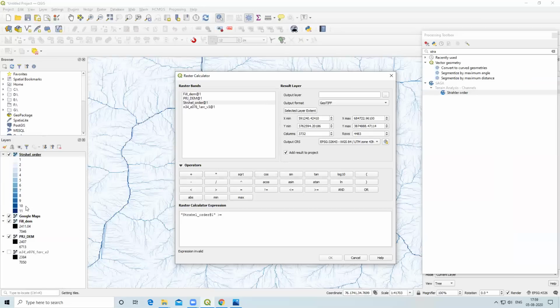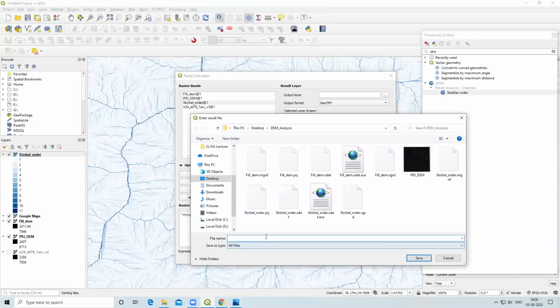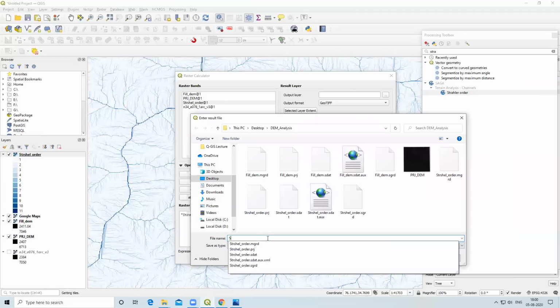Show me the Strahler order which is greater than 6. I don't want the small streams. To remove them, for better enhancement, I will select 6, and first give the output layer's location. I will save the image. I will type here Strahler.